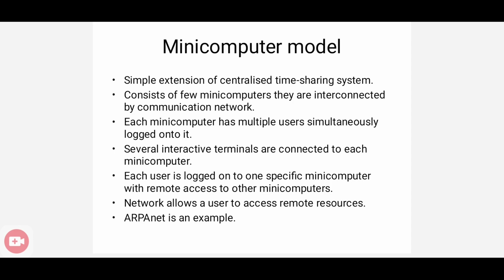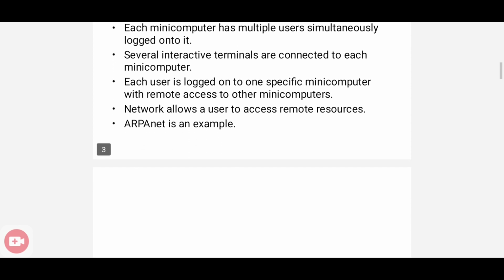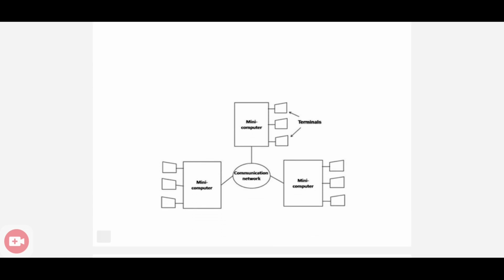Okay, so in the figure of the mini computer model, you can see there is a communication network. Why are we using the communication network? For interconnecting all the mini computers. The model consists of a large number of mini computers interconnected by a communication network. You can see each mini computer is attached with some terminals.